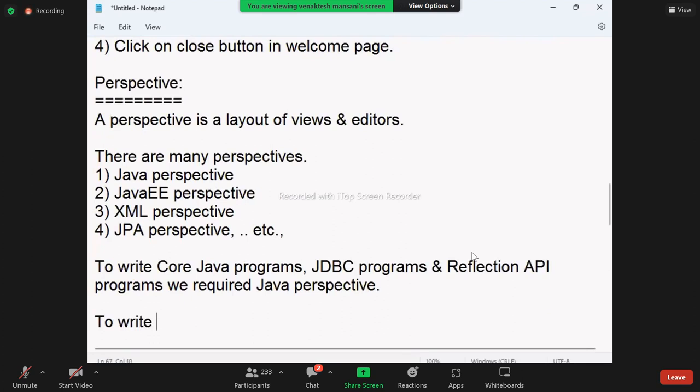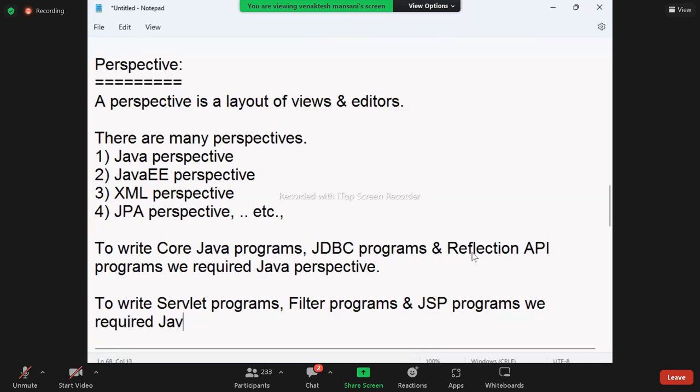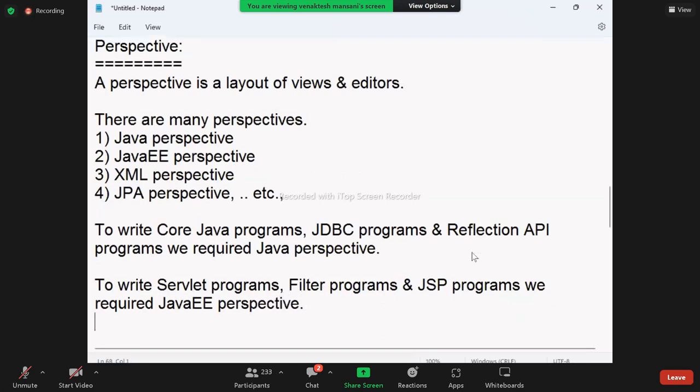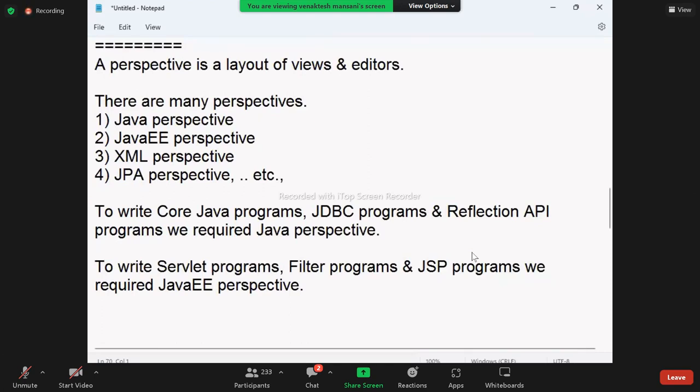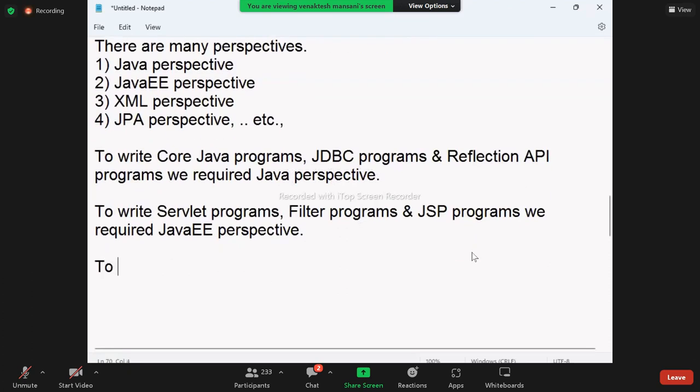To write Servlet programs, JSP programs, and filter programs, we require the Java EE perspective. To open a perspective,